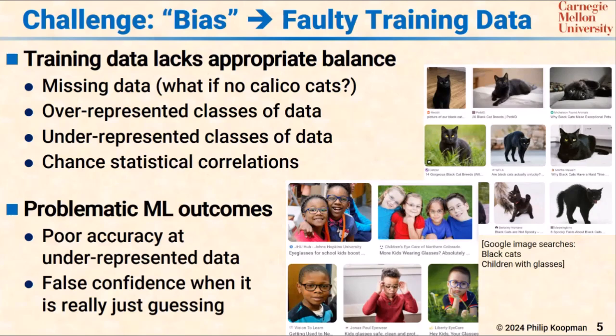So you can get problematic machine learning outcomes, such as poor accuracy on underrepresented data, or the other one, false confidence. These things love to be super confident when they're just guessing. And the training mechanism, unless you do something special, is basically prone to doing that. When you're done doing all the curve fitting, it's either really sure it's a yes or a no, and if it's something it hasn't seen before, it'll just force it into a bin. So if you're doing an application, you have to keep this in mind.